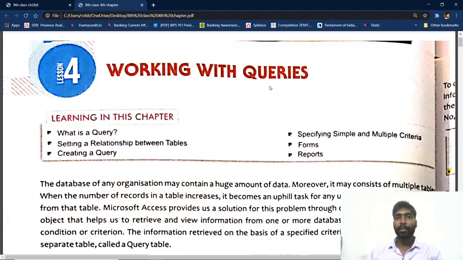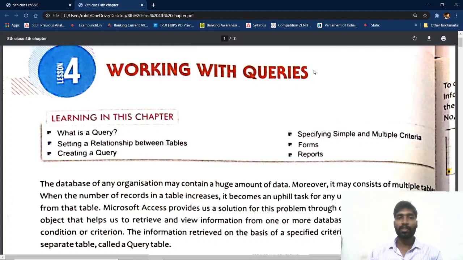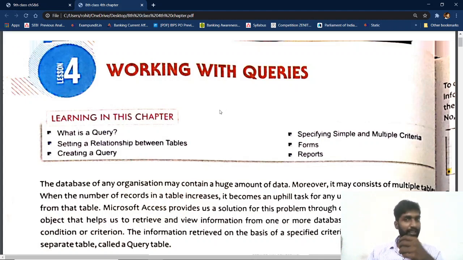If you go to the third chapter, in the third chapter we saw what is data type, how we will create a table, and how we will sort a table. But this chapter is a very main chapter, because with the help of this chapter only you are going to manage a database. You will learn the query. Sir, why are we learning query? Student, just imagine now 10 different tables are there.